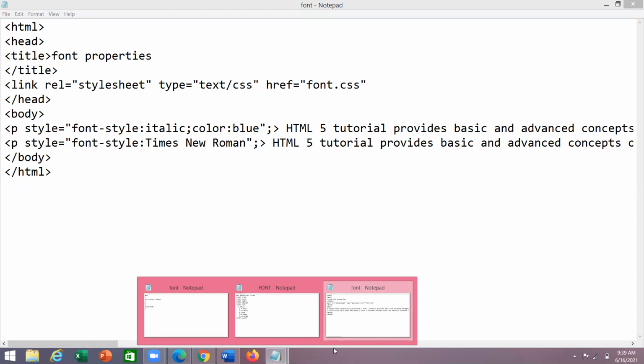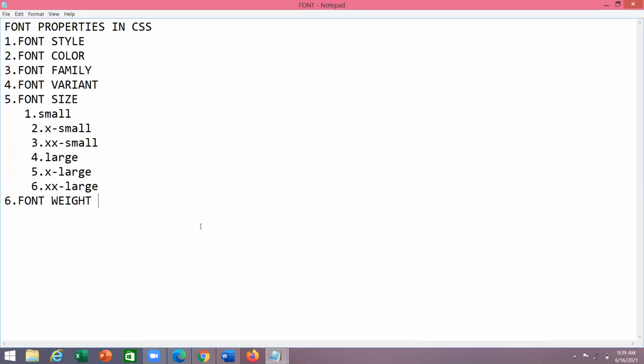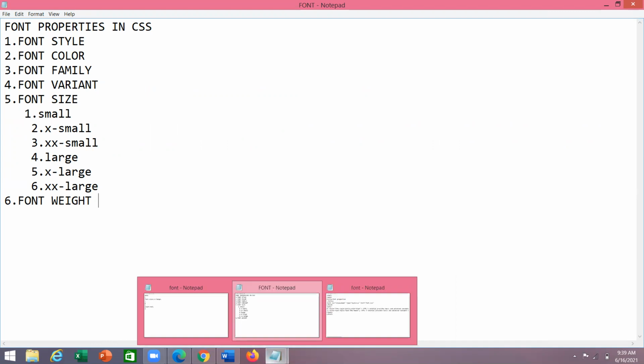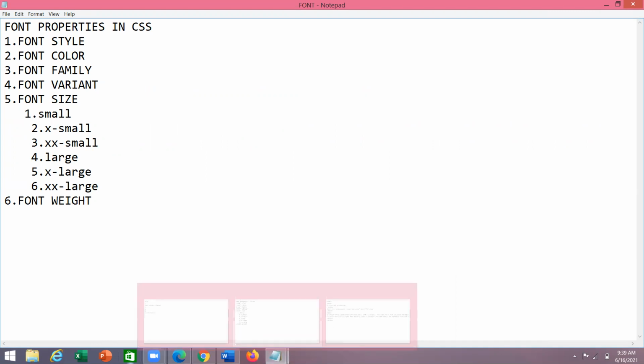These are the font size and font style. Font style means italic, elephant, something else.